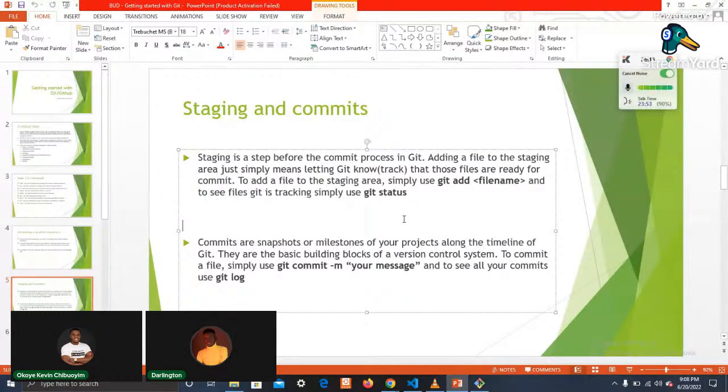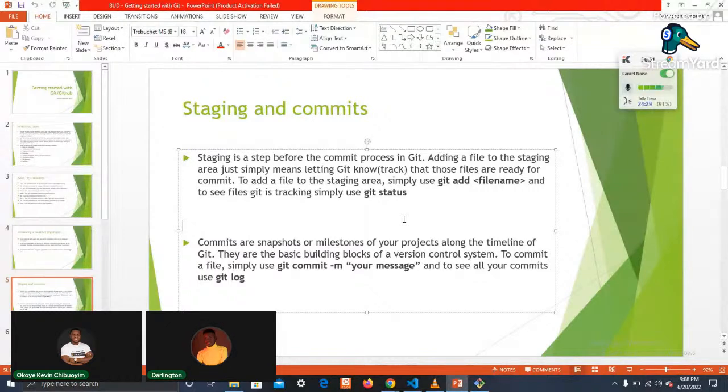What we call the staging area in Git is like, okay, so Git is a version control tool. It's used to monitor the changes you make to your working directory. Let's say you're working on the index.html file and the styles.css file, but at this point in time you are done with the index.html file, and you are ready to commit this and push it to your GitHub repository or something. And the styles.css, you are yet to work on it, and you don't want Git to commit the styles.css file.